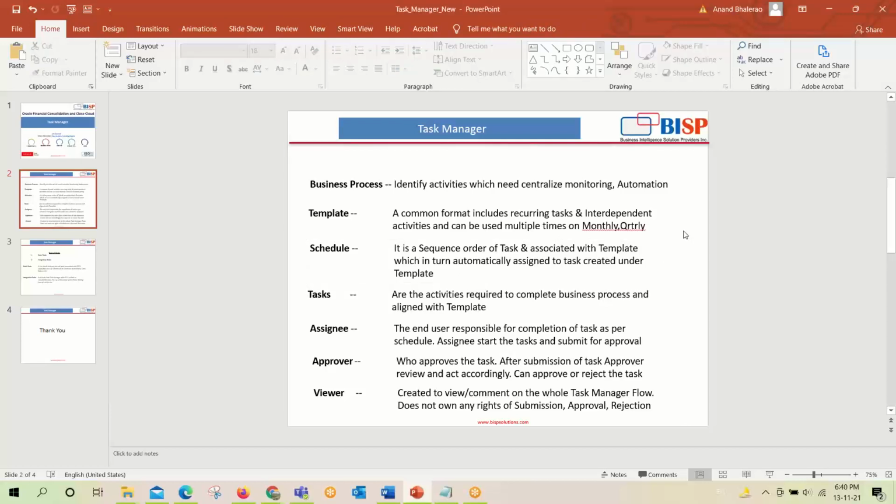A schedule is a sequence order of tasks associated with a template. When a schedule is created and a template is scheduled, the tasks assigned in the template are automatically scheduled.